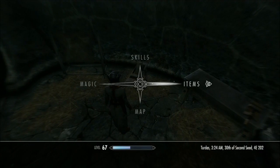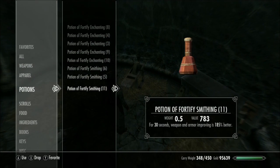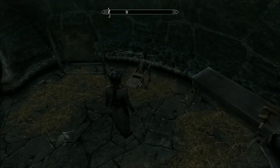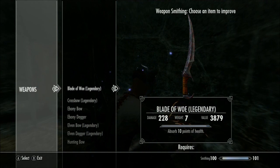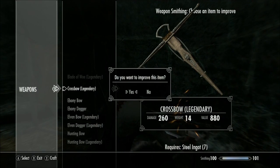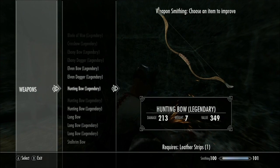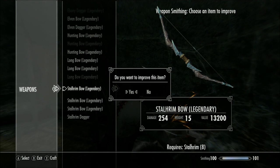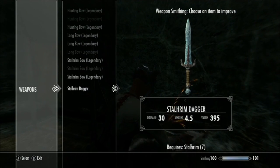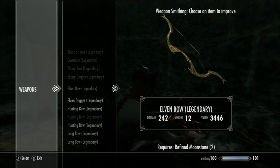We'll take one of my new potions for smithing. So previously we could make 178, we now make 185. I'll take one of them and improve a few weapons and see what we come up with. Blade of Woe, yes. Crossbow, ebony bow, ebony dagger, hunting bow, longbow, forum bow, forum dagger. We got elven dagger, elven bow,